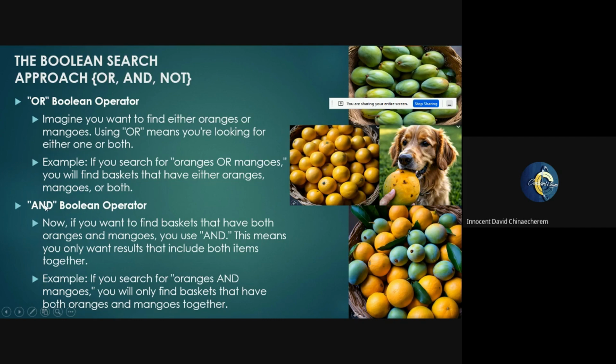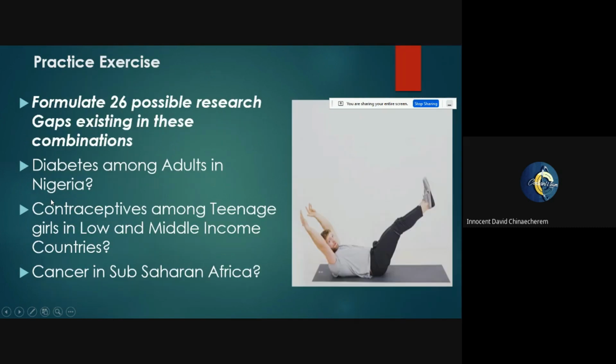And if I use the AND Boolean operator, it is going to yield specific terms. It's used to combine terms when you want to combine oranges and mangoes. It means that the articles must contain oranges and also contain what? Mangoes. Compared to this where there are two baskets, either oranges or mangoes, this one must contain both oranges and mangoes. So that is where the AND Boolean operator comes in.